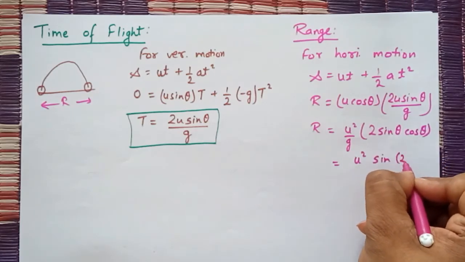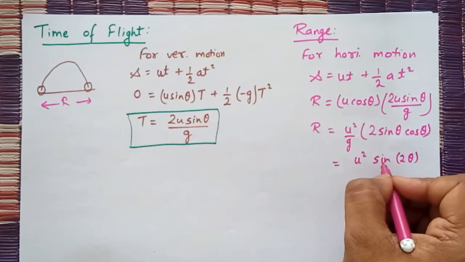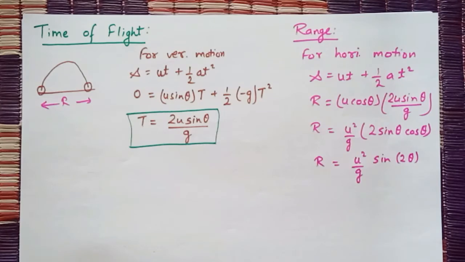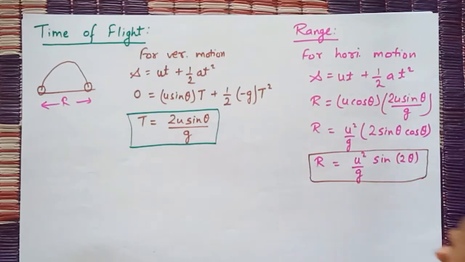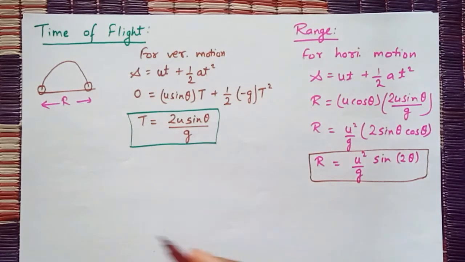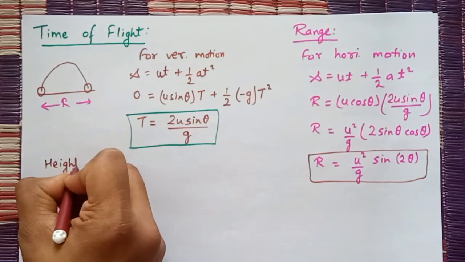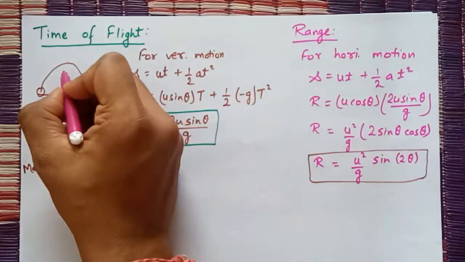Sine 2 theta means 2 is multiplied by the angle and then sine is taken, upon g. This is the formula for the range. One important thing: we can also find the formula for the height, or I can say the maximum height. This one is the maximum height,